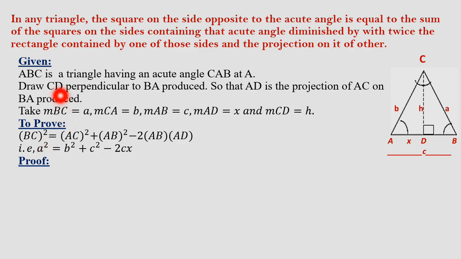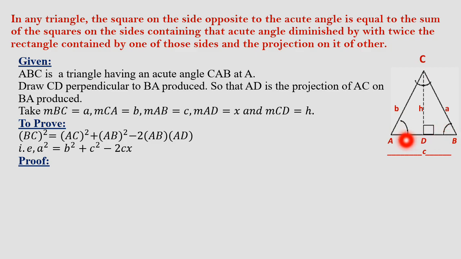Students, here you can see that ABC is a triangle having an acute angle CAB, and the acute angle is at A. So draw CD, which is perpendicular to BA. You can see that CD is perpendicular to side BA, so that AD is the projection of AC. As we know, projection means shadow, so the shadow of AC should be here. So AD is the projection of AC